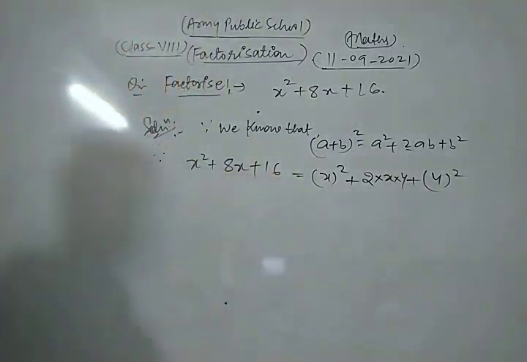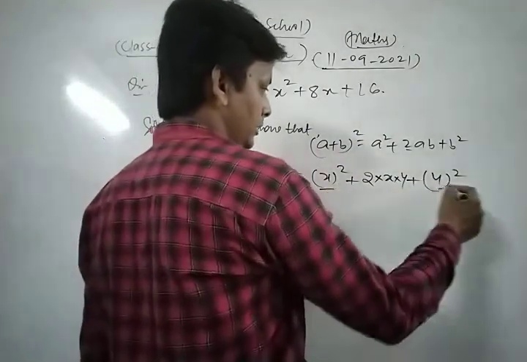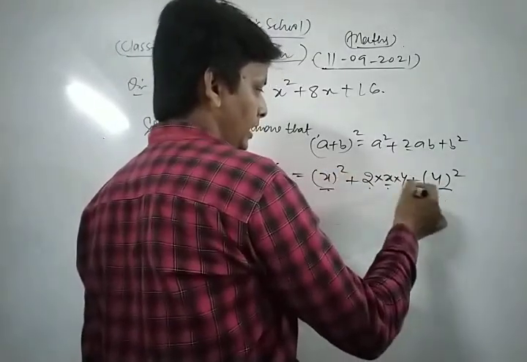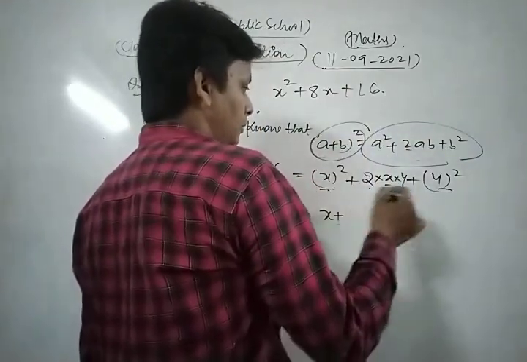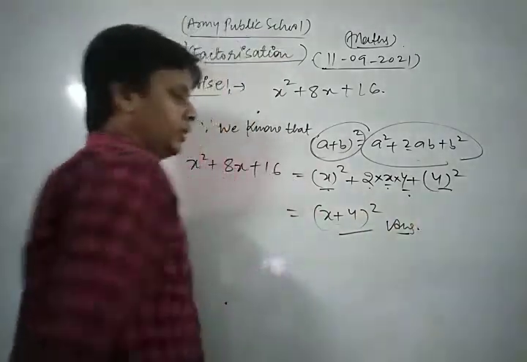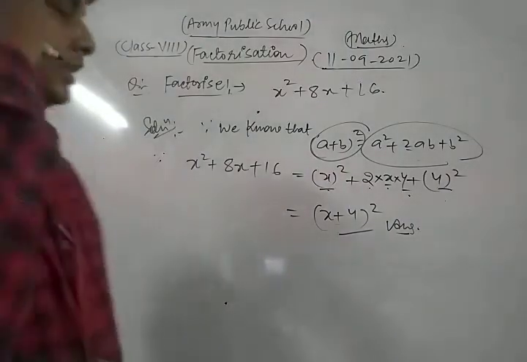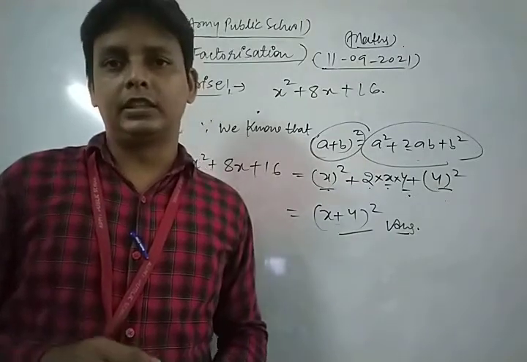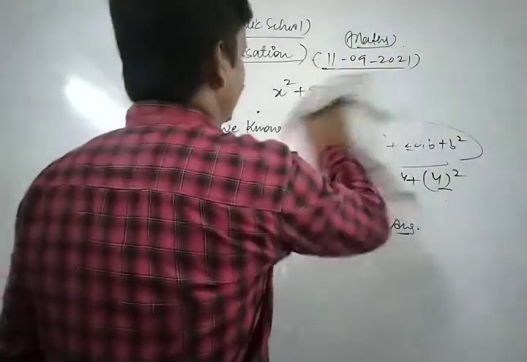Okay, now look, this is a, this is b, this is the form of a square plus b square plus 2ab. So we can write a plus b whole square, a means x plus b means 4, whole square. This is the required solution of the given question. Okay, so in this way, dear student, you can factorize all the questions of your NCERT exercise based on identities. Now we take and solve some other important questions of your NCERT exercise.